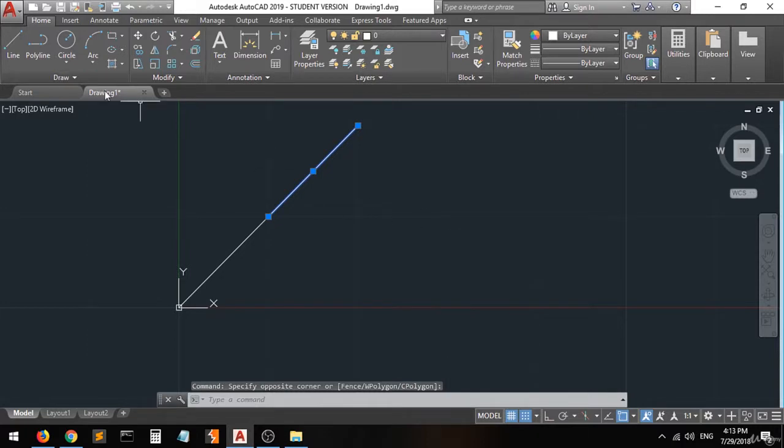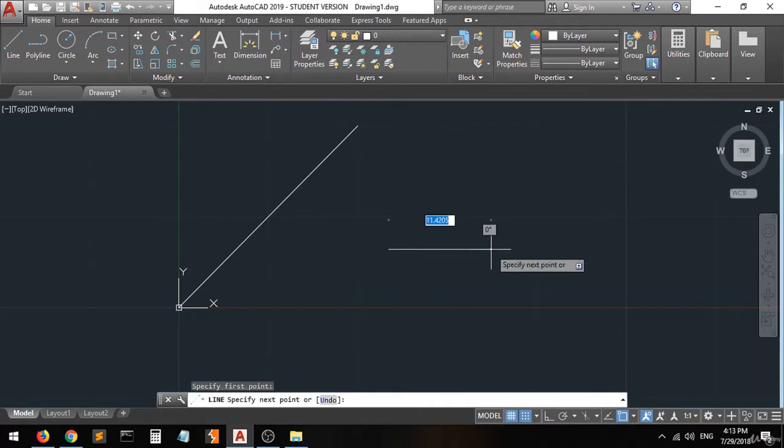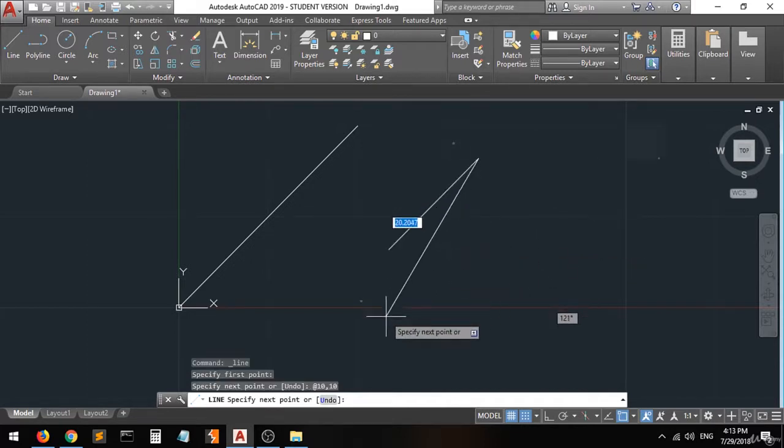So, for example, if we want to create a square, starting from this point, okay, I want it to be a 5 unit square, okay? So we do this, we put it in here, we do what? The at sign, we go for 10 slash 10, enter,